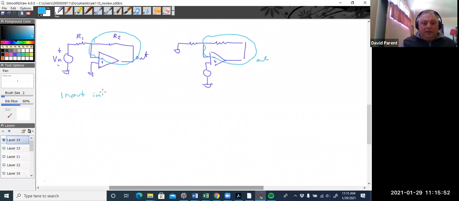Now with non-inverting, the input eventually has to get into the negative. You can't just put V in directly and have that come back, it doesn't matter. It sets it to V in, and it's a circuit that doesn't do anything. So inverting goes in on the inverting side. Non-inverting,